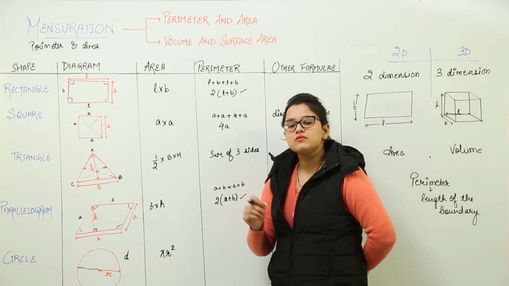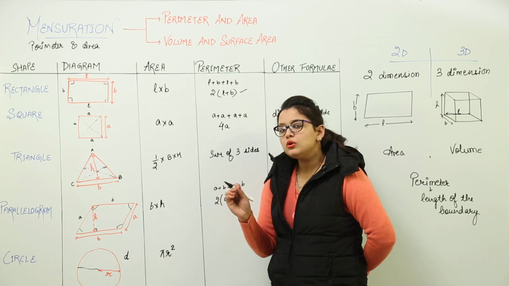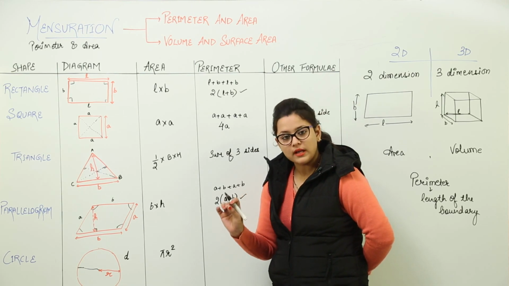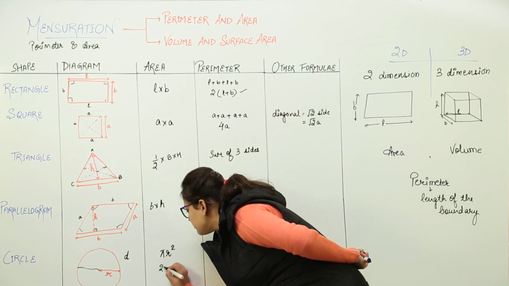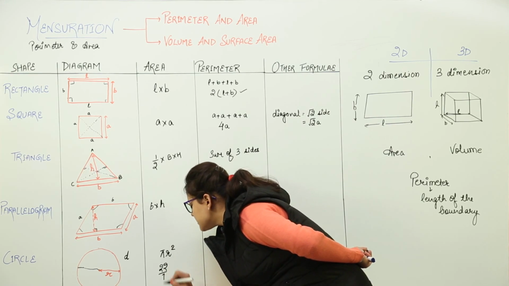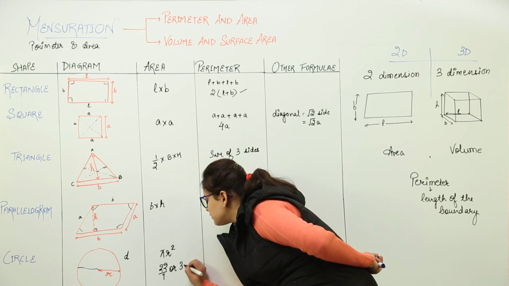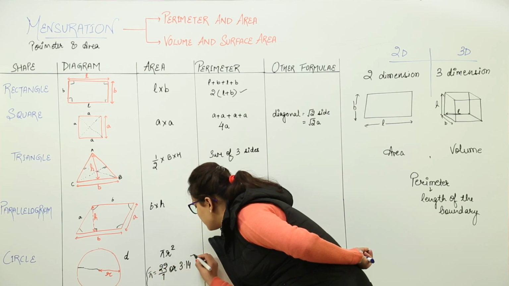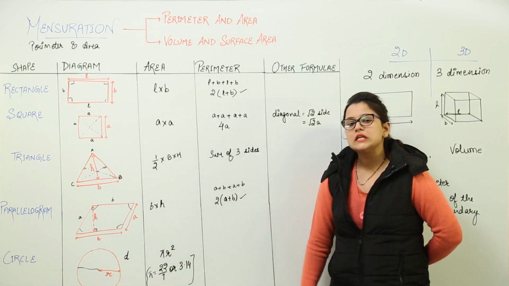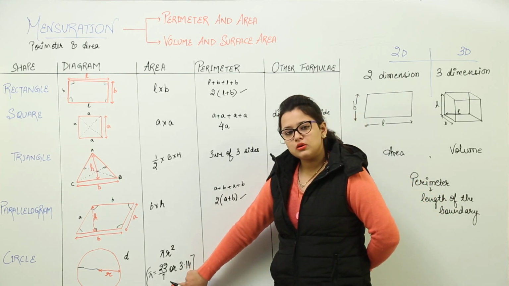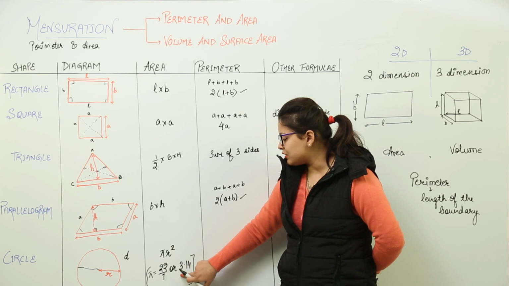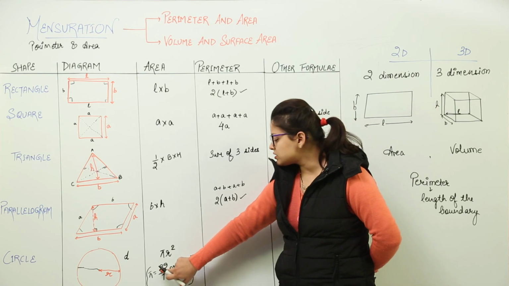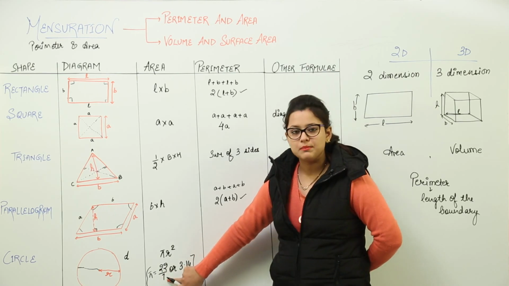We have discussed constants and variables in earlier chapters. In that, I told you that constants are those whose value remains fixed all the time. You cannot change their values. So over here, the value of pi remains the same. That is 22 by 7, or you can take it as 3.14 also. Right? So I have mentioned the value of pi is 22 by 7 or 3.14. It will be given to you in the question which one of these you have to use. If it is not mentioned, you can use any of them. Generally, the fraction form is preferred because it makes the calculations simpler.